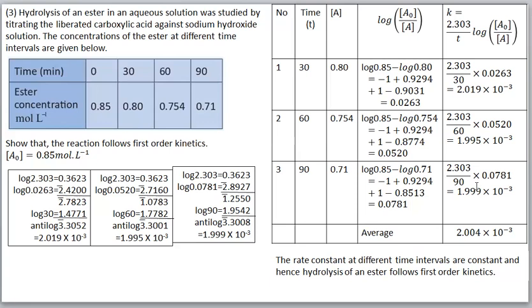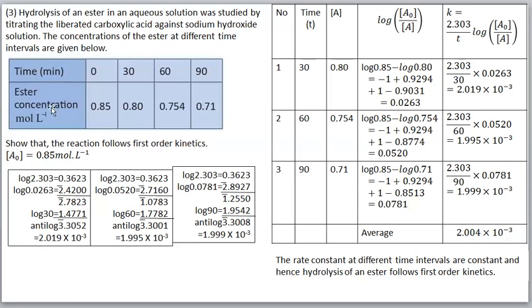In the question, if they ask to find out the rate constant, then we have to write the average value and write the answer. This is the average value. In this question, they didn't ask for the rate constant, so there is actually no need to write it. Simply we write that much only.